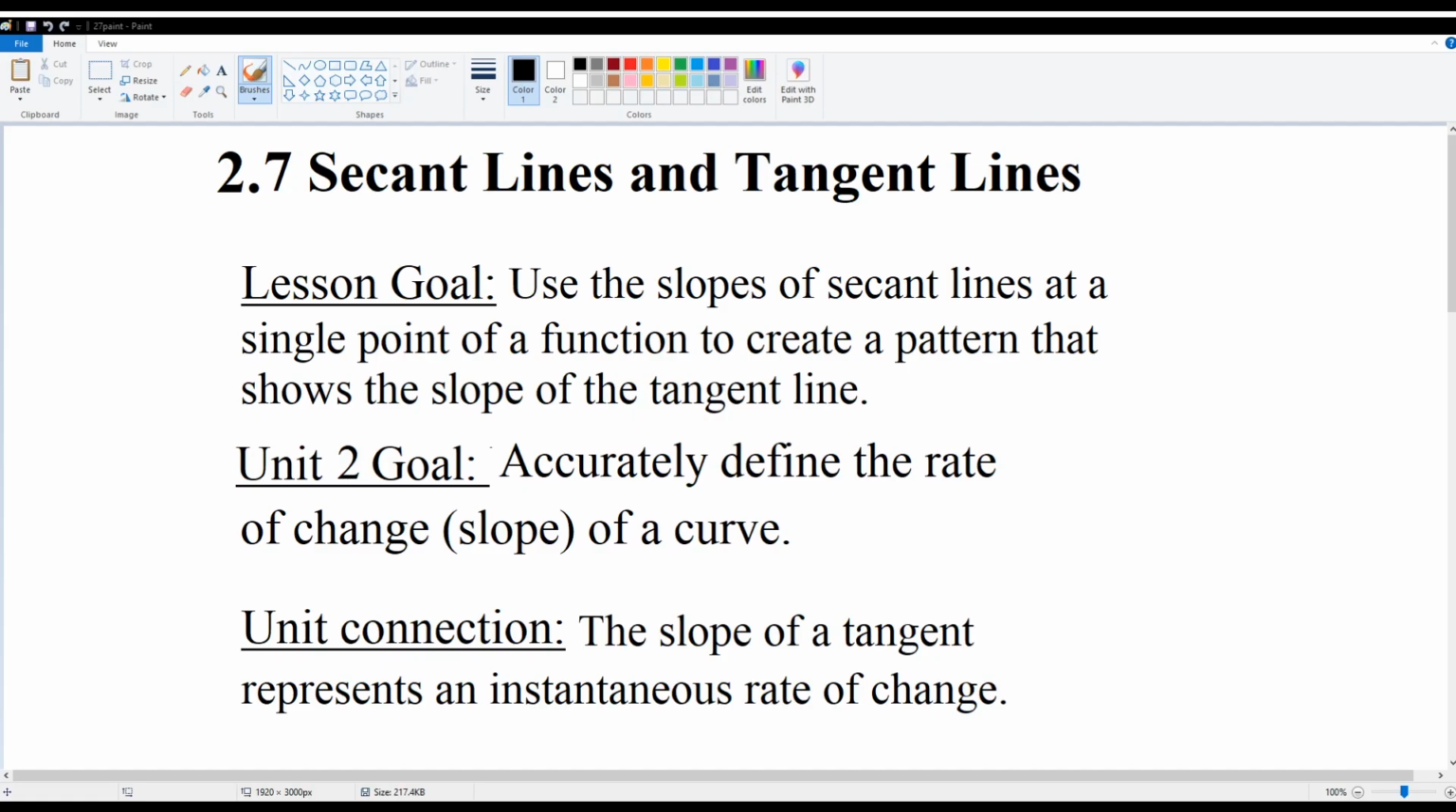For lesson 2.7, we'll be using the slopes of secant lines at a single point of a function to create a pattern that shows the slope of the tangent line for that same point. This is a really important lesson because the slope of a tangent line represents an instantaneous rate of change on a graph, specifically on a curve. This is one of the big things that we've been trying to figure out for this unit, so big deal